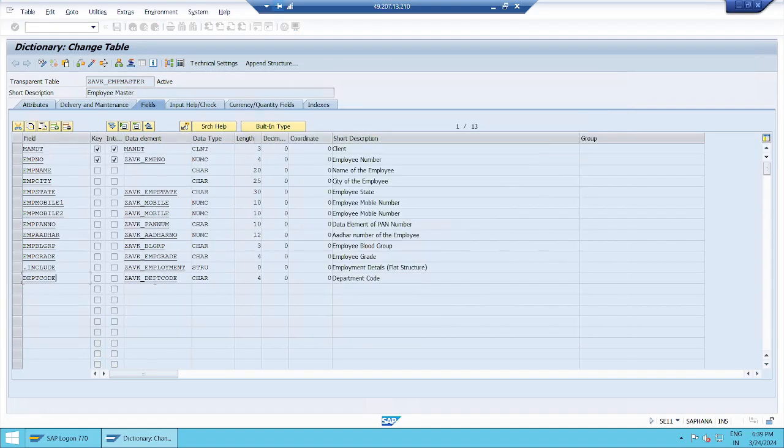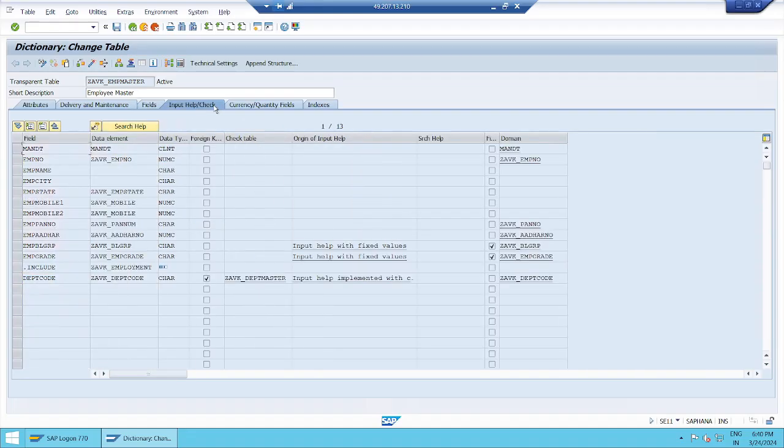This step you can execute in the fields tab also, but input check, input help and check. Input help is nothing but input help and input check. That is the meaning of this tab. Input check is nothing but, what is input? User entered value, user keyed value, user typed value. That is called an input value. So the input value has to be checked. Check means whether it is right or wrong, correct or wrong, consistent or inconsistent. We have to check that by using